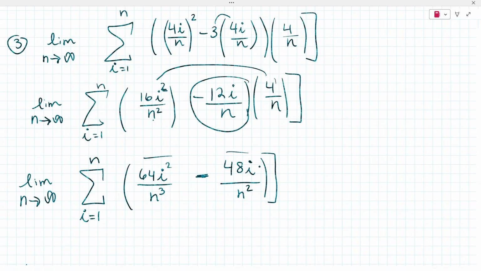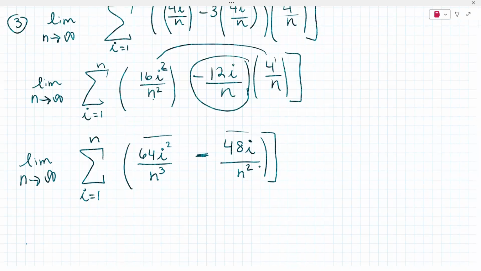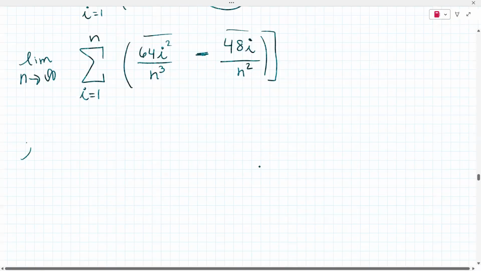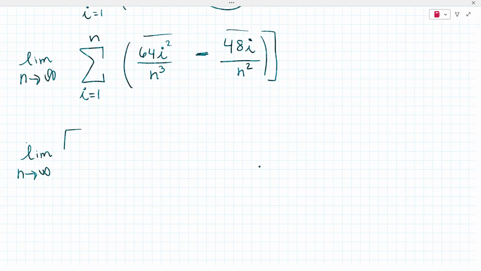I'm going to write it out as two different summations. So this is going to be 64i squared over n cubed